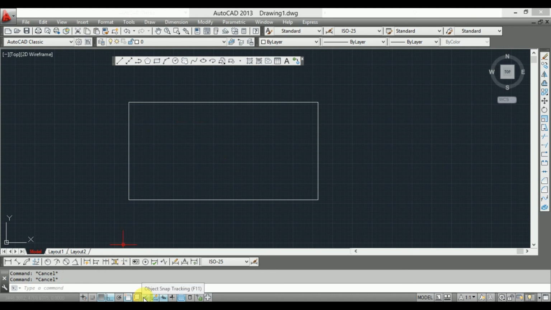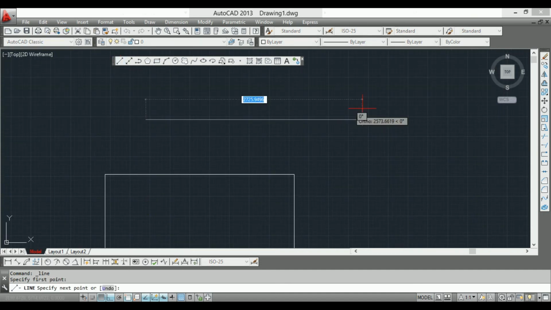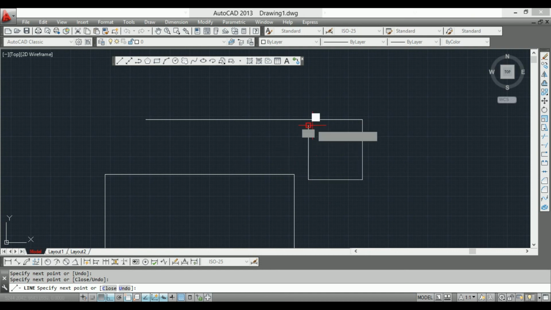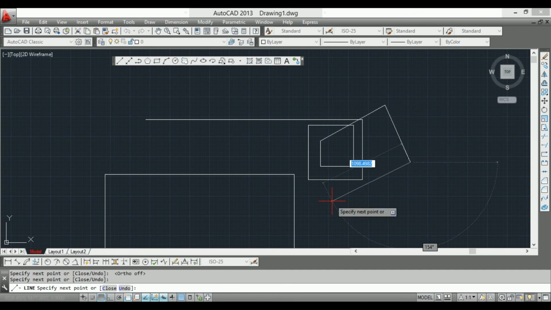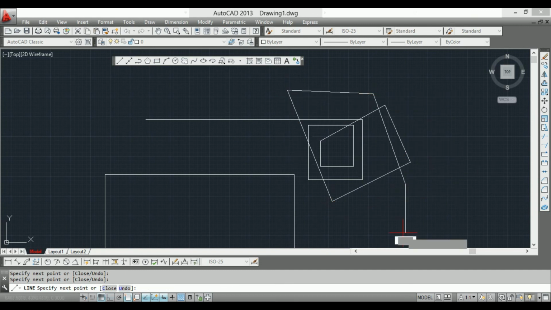The most important tool is F8, because with F8 your line becomes straight. If you want a certain angle, press F8 again, and the certain angle will be made.